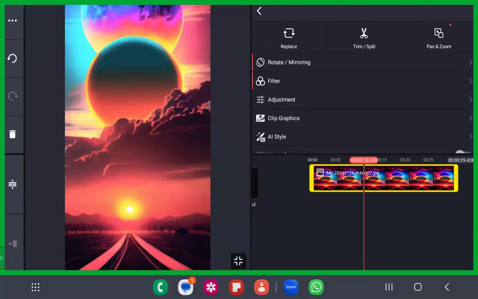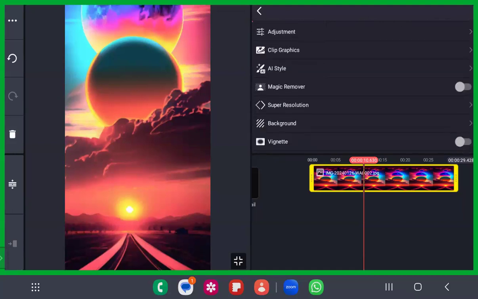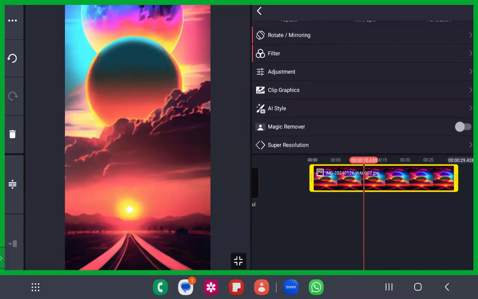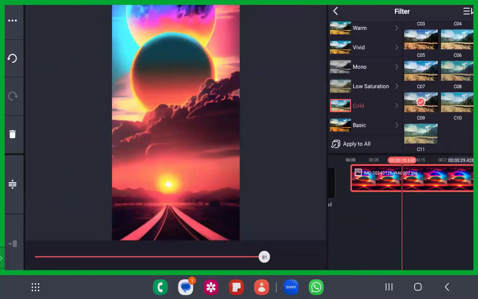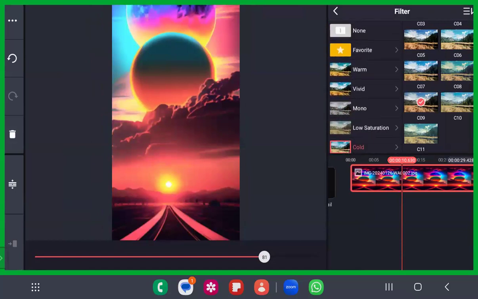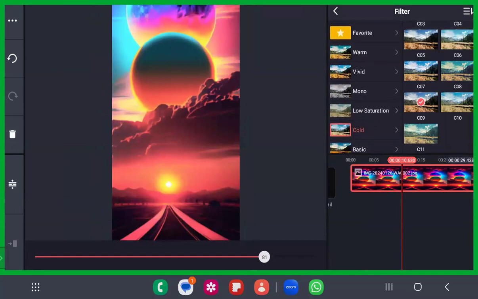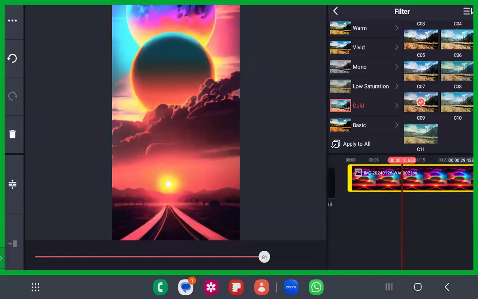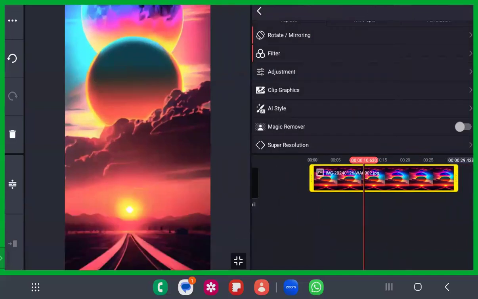Under the filter option, you do not have various themes like this? Okay, no problem. We can find it somewhere. Okay, it's there, fine. Send me the screenshot, I'll help you out with that.